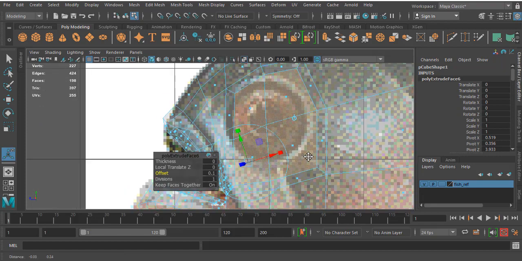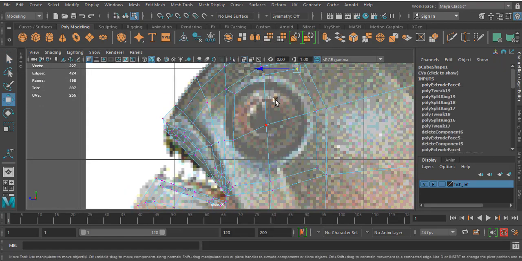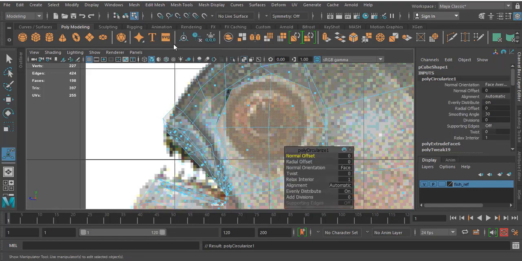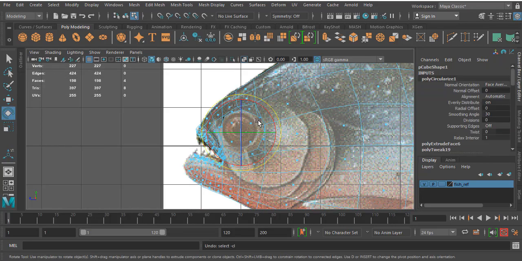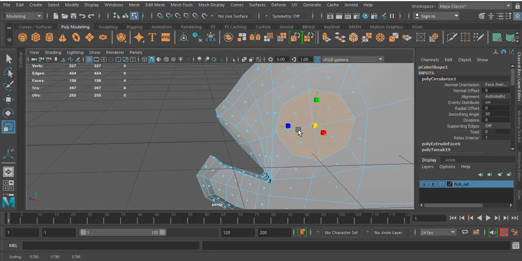Now what you have to do is select these four faces, go to edit mesh. There is an option called circularize. If you click on this circularize, the entire face will change its shape into a circle. Now there will not be a problem, just scale this.